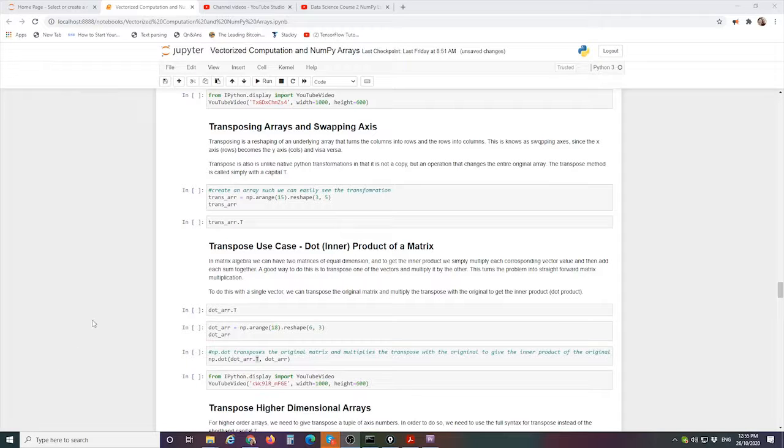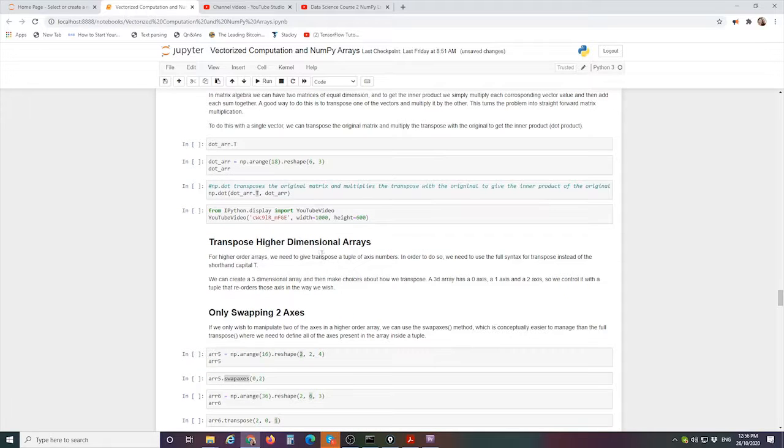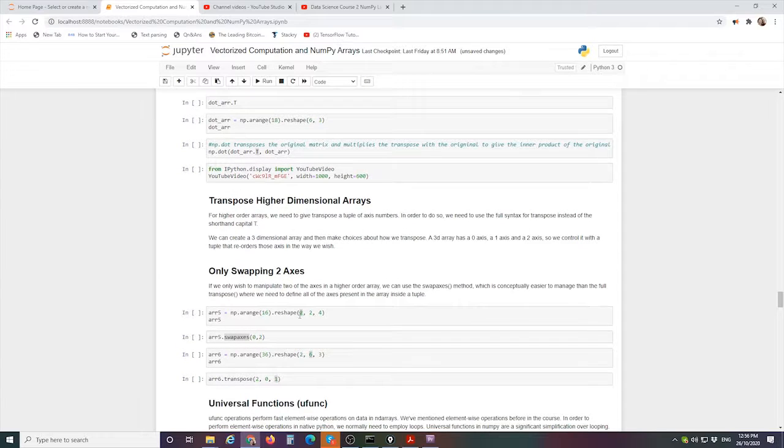In our previous lesson, we were transposing two-dimensional arrays. They're quite simple when it comes to decision making because there's only two of them. There's no options. We just swap them. And we can simply use this .T notation in order to do that. When we're dealing with arrays of higher dimension, we have some decisions to make, and it's not such a simple